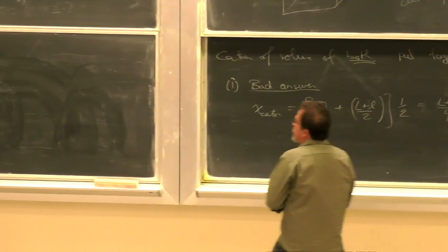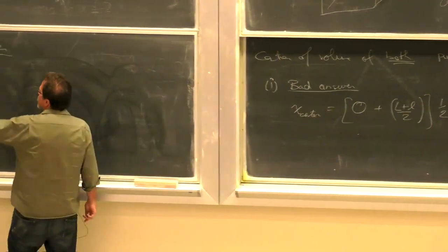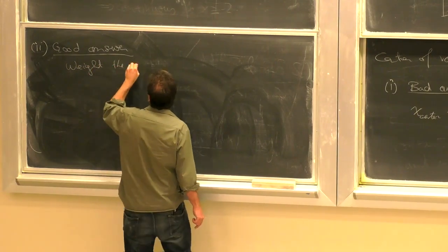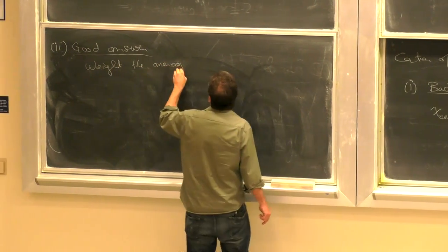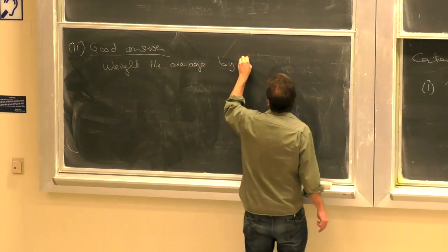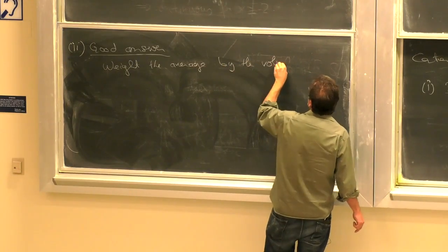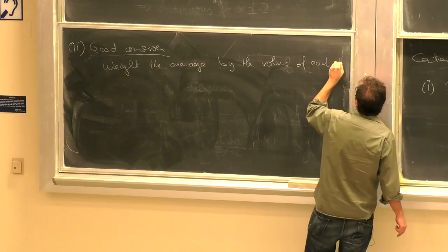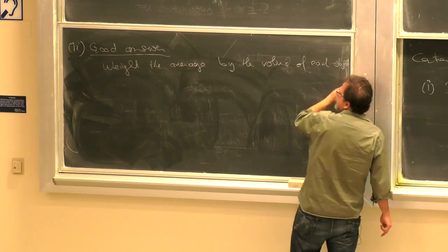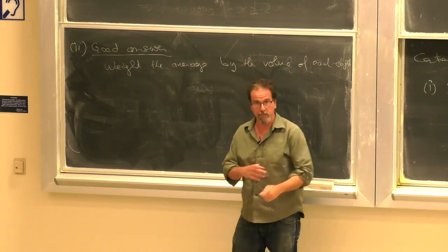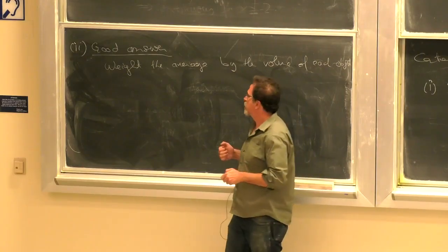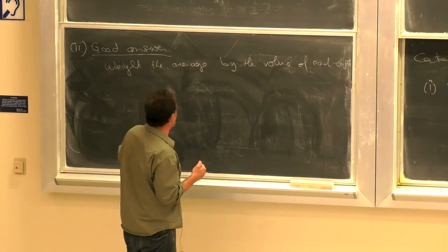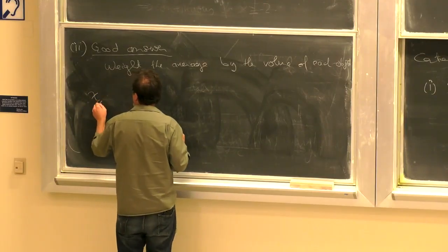Now, let's see what happens when I put in my good answer. I'm going to weight the average by the volume of each object. So let's weight the average by the volume of each object. So the x center